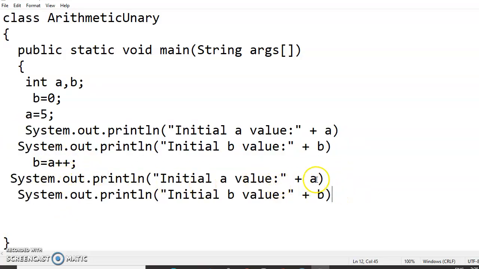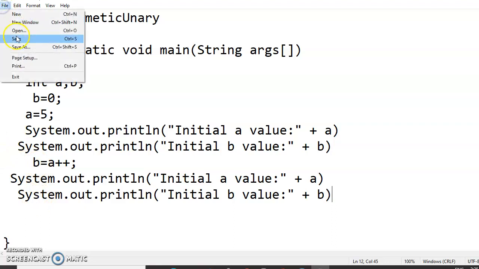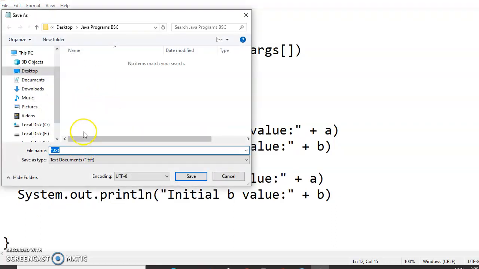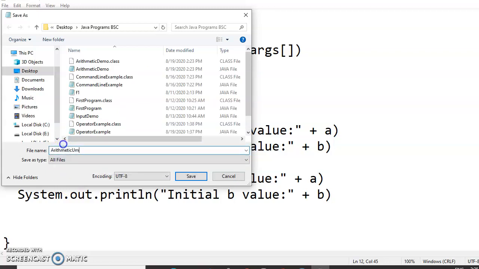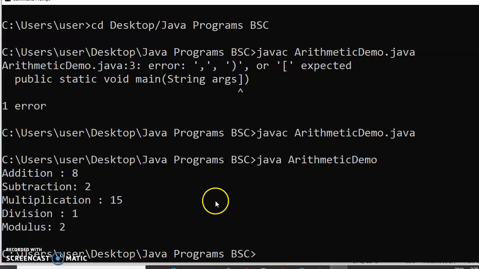Now we will see what the value of a is and what the value of b is. I have typed ArithmeticUnary. Let me execute: javac ArithmeticUnary.java.